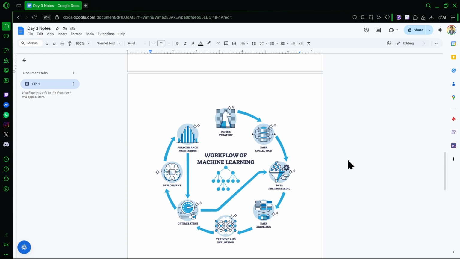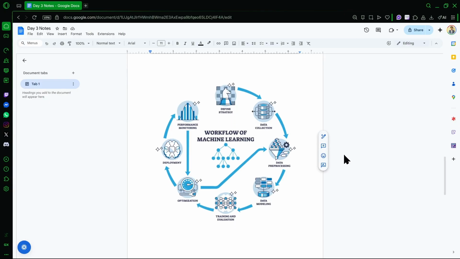So first thing is, before moving on to the types of ML, we will first understand the whole workflow of ML so that we can slowly go on to the types, and then we will start with the in-depth discussion about the types of machine learning. Okay. So when we talk about the workflow of machine learning, the first thing that comes into mind,